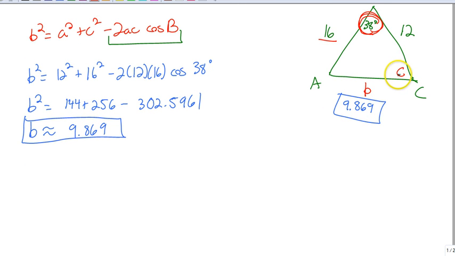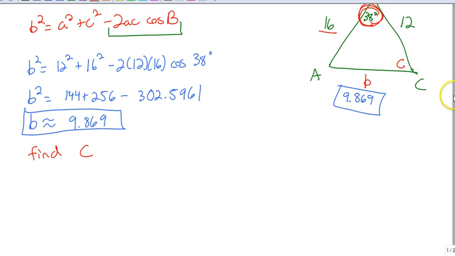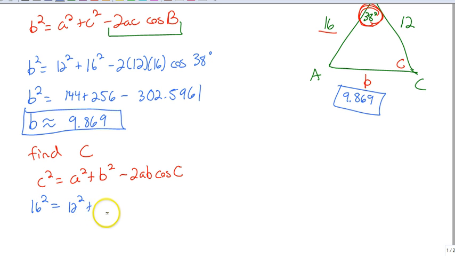So if I'm trying to find C, the angle, I'm now going to set it up with C squared. So I'm going to use this one. C squared equals A squared plus B squared minus 2ab cosine C. This time though, I don't know big C. So C squared, 16 squared, equals A squared, 12 squared, plus what we just found squared, minus 2 times 12 times that number again, 869